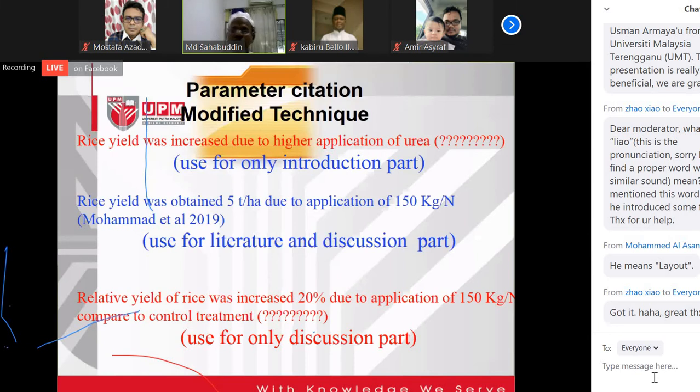Then the last one, we want to see how much percent increase or decrease compared to the control. So we can use the formula, then we get the percent increase or decrease. In this case, the data will show either a decrease or an increase, then it can be compared. This modified parameter citation can be used only in the discussion part, not in any other part.